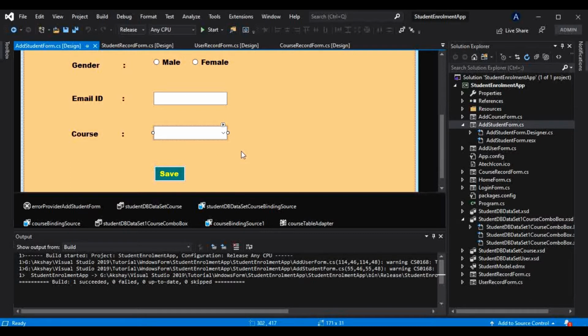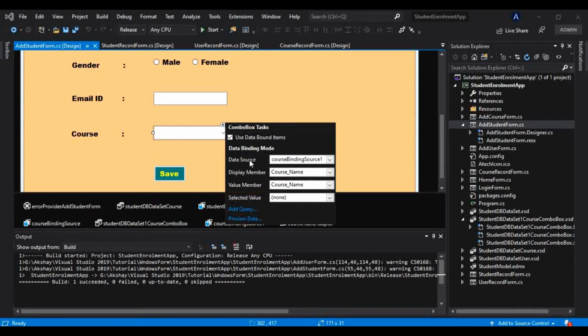Before, we used the drop down menu with hard coded items, but after that we fetched the records directly from the database. But if you notice, if we click on this arrow here, this data source is this course binding source, and that is nothing but an object. We haven't changed that.